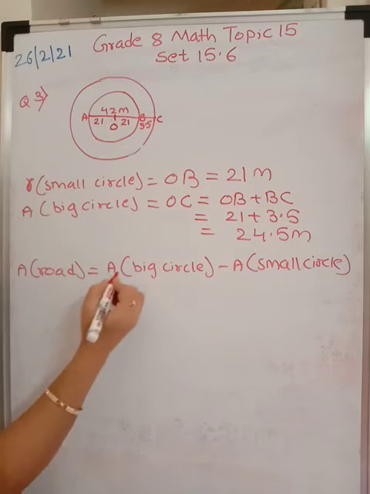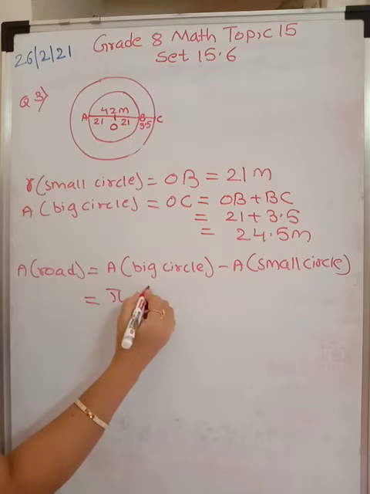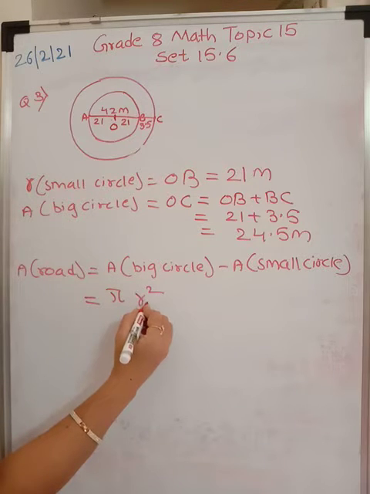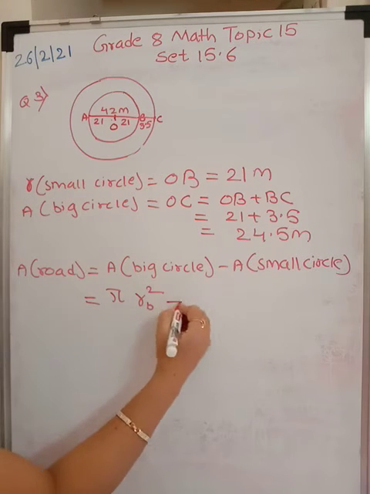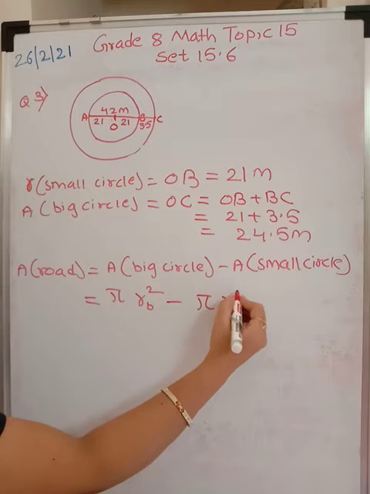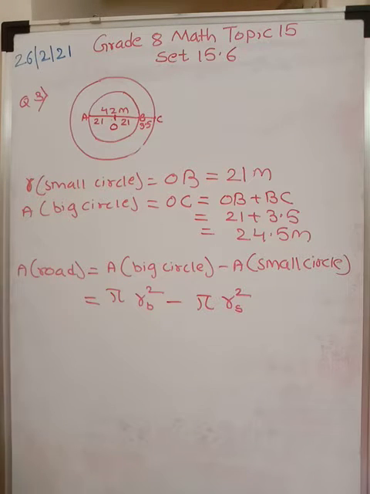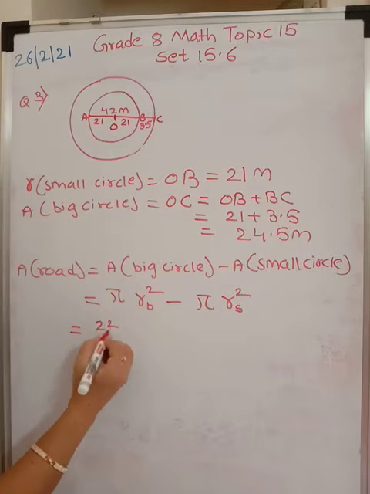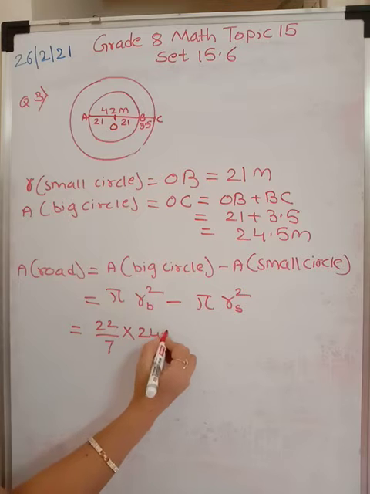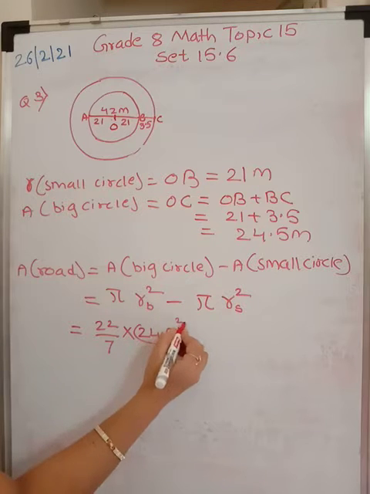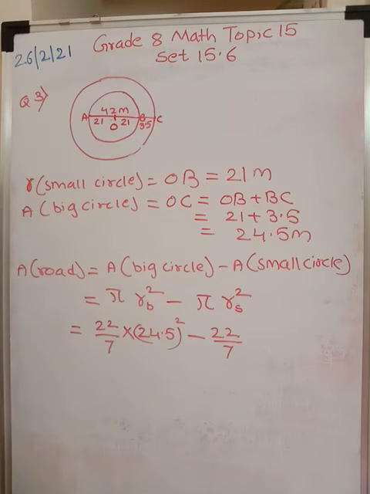Okay. Now what is the formula to find the area of a circle? It is pi r square. But this radius is of the big circle, so I am writing here R_B. This minus sign over here, pi r square, but this radius is of the small circle. Are you understanding me? So this is equal to 22 upon 7 into the radius of the big circle, 24.5, the whole square, minus 22 upon 7 in bracket